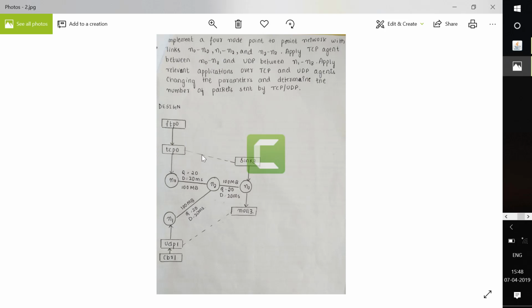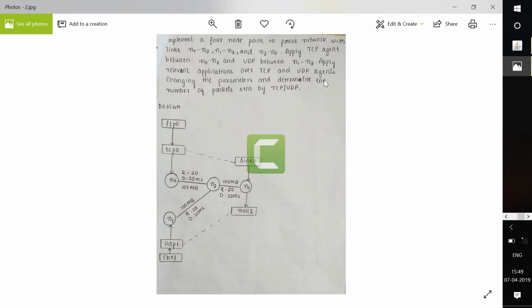So I have connected a TCP to FTP, and I need to connect this TCP agent to the destination. So I have created a TCP sink at N3 here, and I joined the TCP agent to the sink, and connected UDP between N1 to N3. There is a UDP connection between N1 to N3.